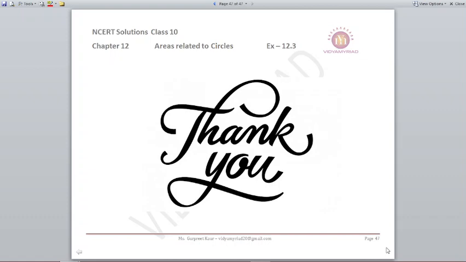That's all for this exercise, children. It was quite a simple exercise. The only thing is you need to understand the shaded portion. How can we find out that shaded portion? We need to know about the whole figure, what the figure is made up of, and what we should subtract from there in order to get the shaded portion. So just apply the formula, look at all the values and put them in carefully. You will get your answers very nicely.